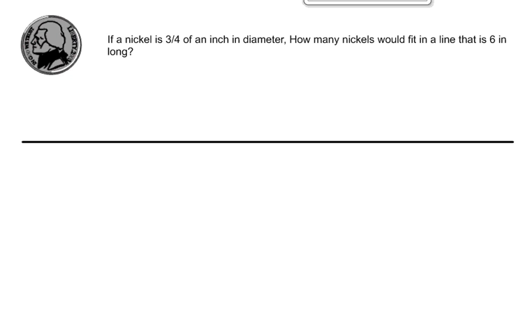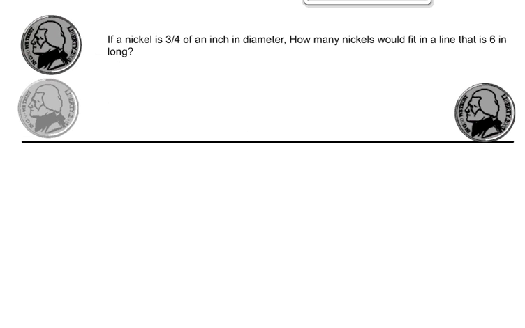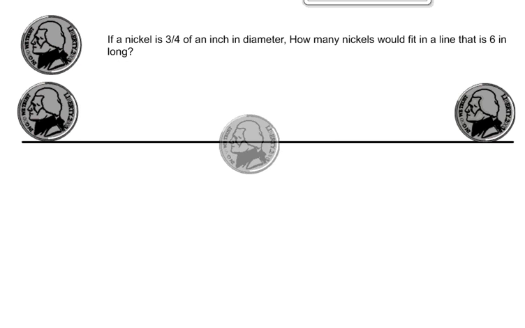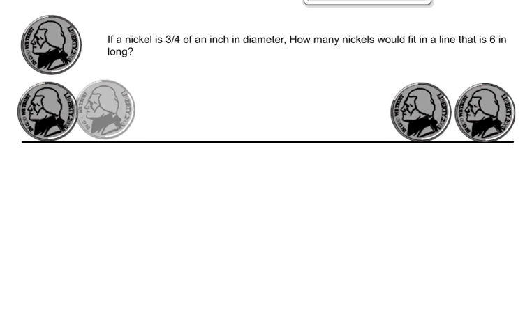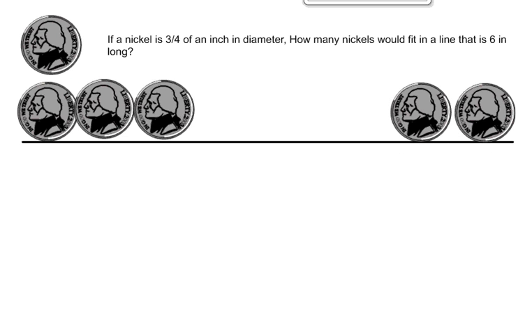What is that R? Next example says, if a nickel is 3/4 of an inch in diameter, how many nickels would fit in a line that is 6 inches long? Now, you could draw out a line 6 inches long, and you could start taking your nickels, and you could place them on this line. And as you do that, you could say, okay, here I go. I'm putting my nickels down,